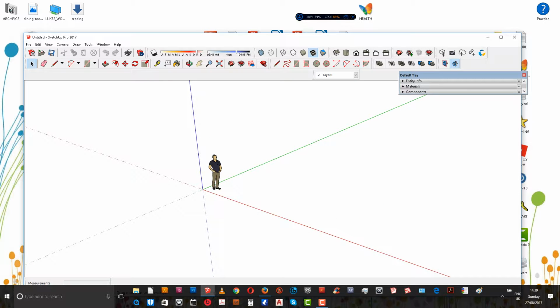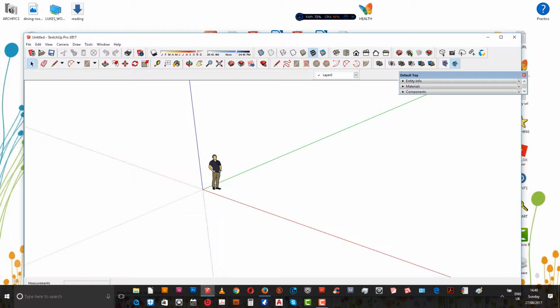Okay, so hello again, and this is phase one or stage one of an interior which is 10,000 millimeters by 7,000 millimeters, the length by width internal measurement of the floor plan of a dining living space, which we're going to work on. We've been previously drawing it up in CAD in 2D, CAD being the more technical package, and now we're going to import our 10,000 millimeter by 7,000 millimeter floor plan into SketchUp and save it on a separate layer, and then use that as our base for our SketchUp 3D